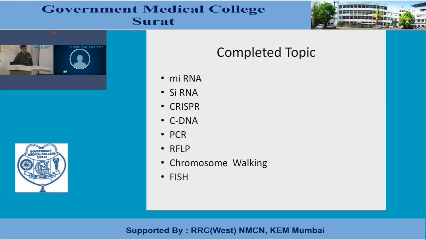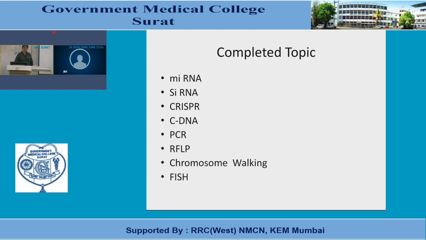miRNA and siRNA are RNAs, and thus they help to suppress the abnormal gene, the abnormal mRNA. No further disease progression. CRISPR is an identifying technique in which we can identify and edit the gene as per our requirement. cDNA is made from the mRNA, and in the form of cDNA we can preserve it, so we can make the cDNA library. The other is the genomic library. Genomic library is made up of the gene.